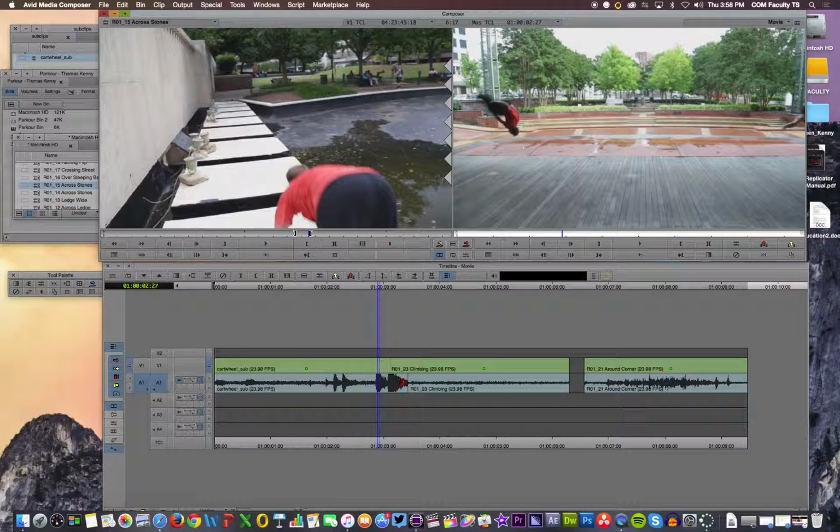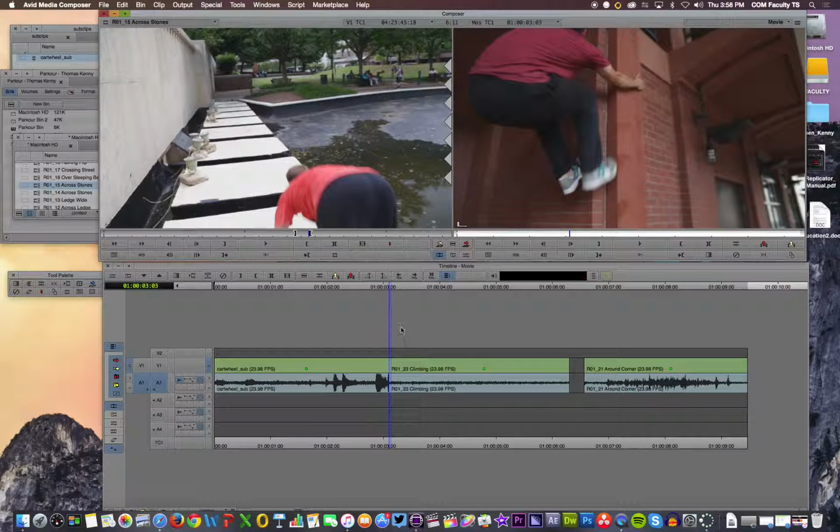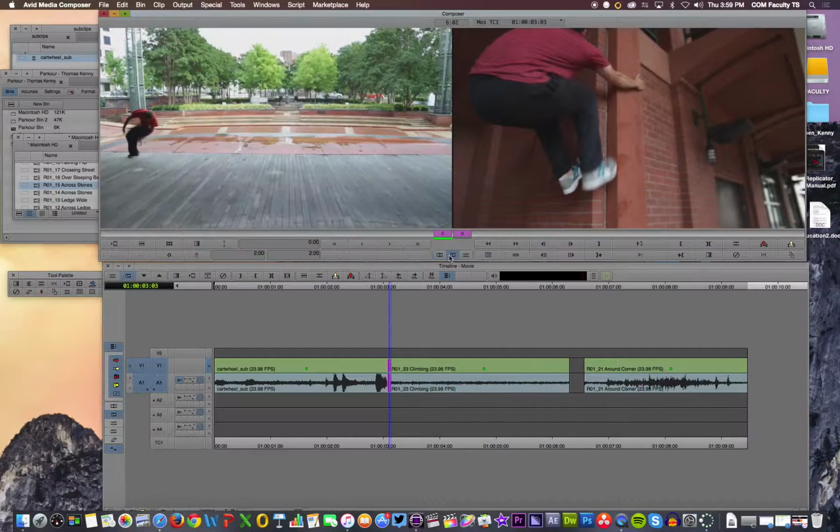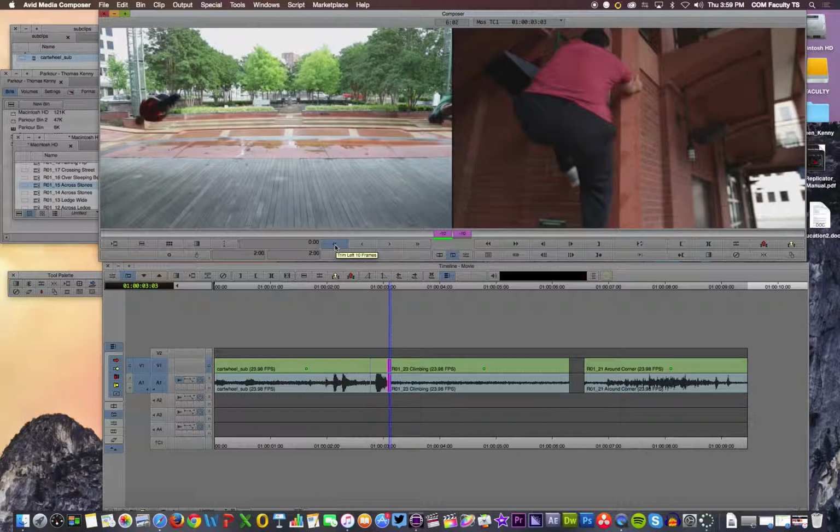So that means on the second clip, I'm going to hear the ending of the first audio before I hear the audio that is attached to that clip. So that's how you make L cuts using audio and video. You just turn one of the tracks off when you're in trim mode. Now if I make my 10 frames to the left again, which I'll just do right there. If I want to preview this, if you press the number 5,